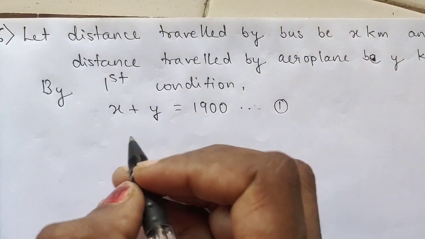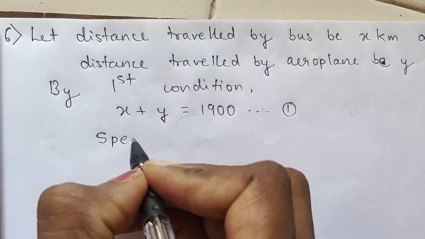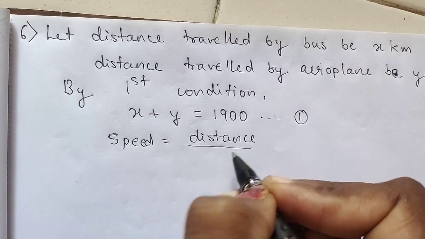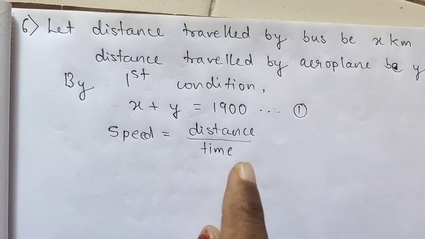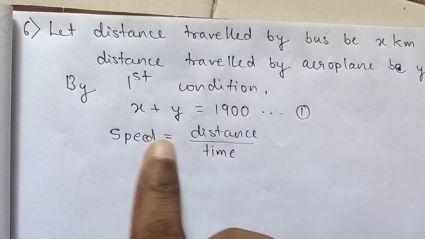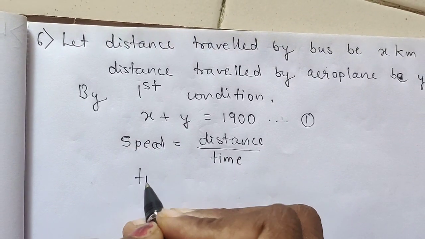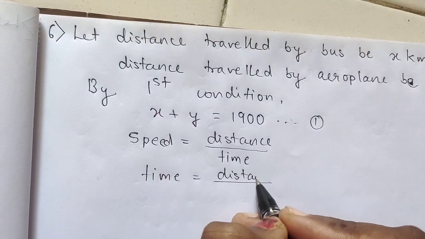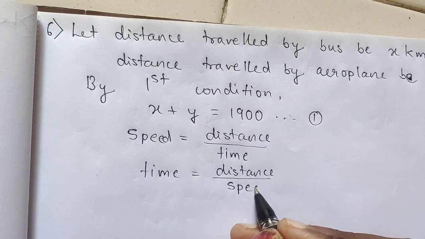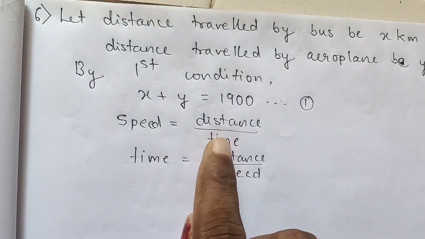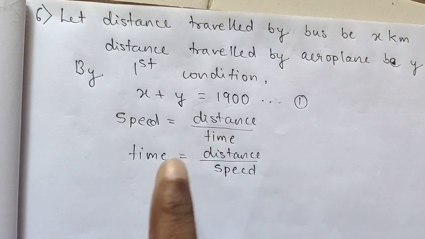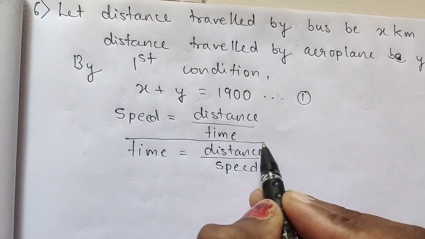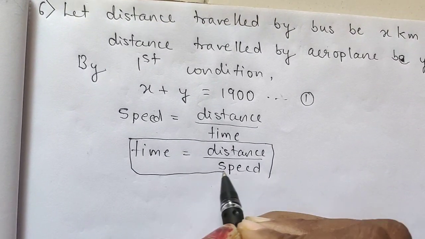So let us see the solution. First, what is the formula of speed? That you know, speed is basically distance upon what? Time. Now we want to find out the formula for time. So transfer this time to this side, so it will be in the numerator, and transfer this speed to the right hand side so that it comes in the denominator. That is, we are going to get this formula. If you transfer this time to this side and speed to this side, you will get time is equal to distance upon speed. Now we are going to use this formula to formulate our second equation.